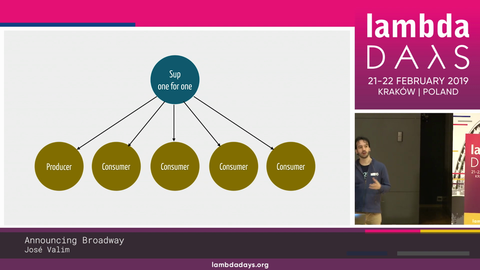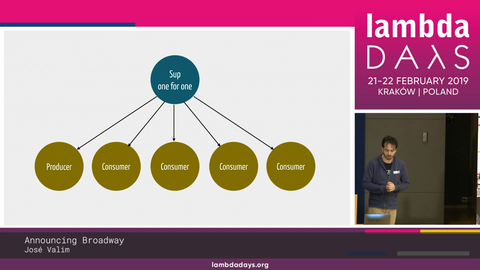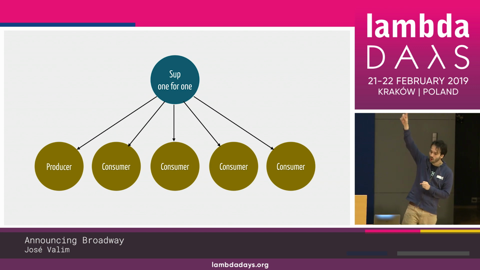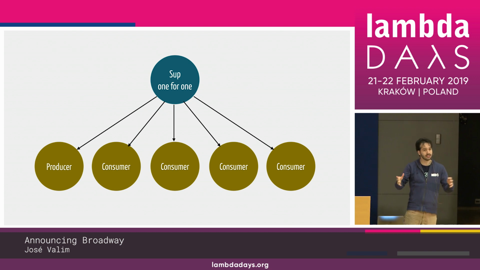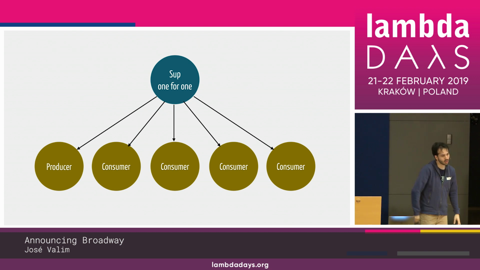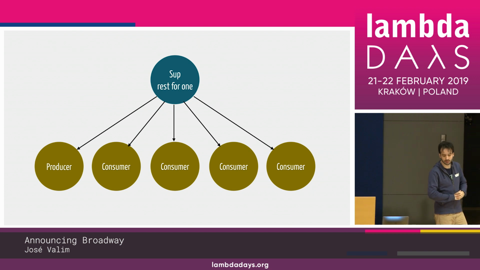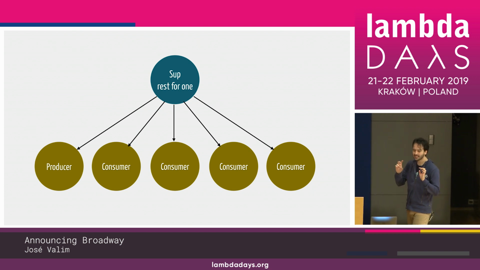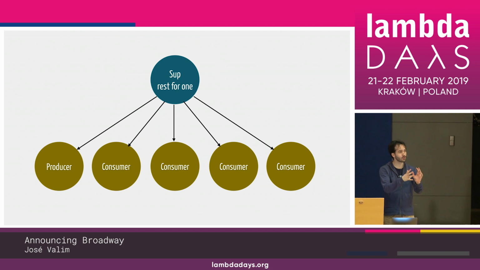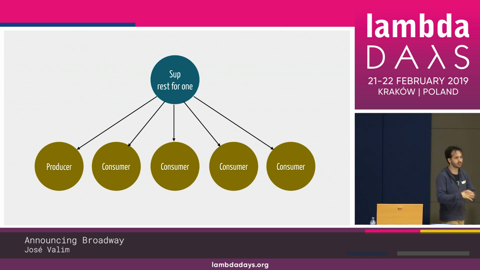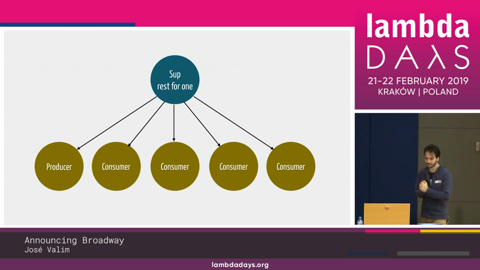So there are many ways to solve this. The simplest way to solve this initial problem is to change the strategy from one for one to rest for one. What this means is that if the producer crashes, it is expected by the supervisor that the consumers are going to crash as well. So the supervisor is not going to freak out. It has a slight downside, which is if a consumer in the middle crashes, the other consumers are going to crash too. But let's ignore this for now. This is good enough, right? Baby steps. So great, you put it in production with the fix.